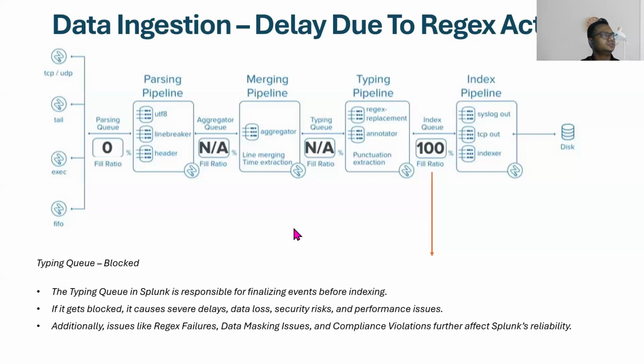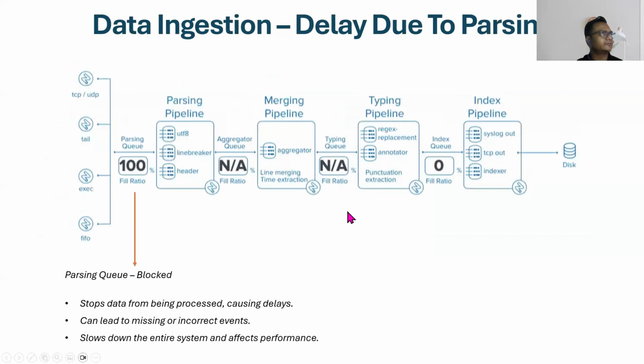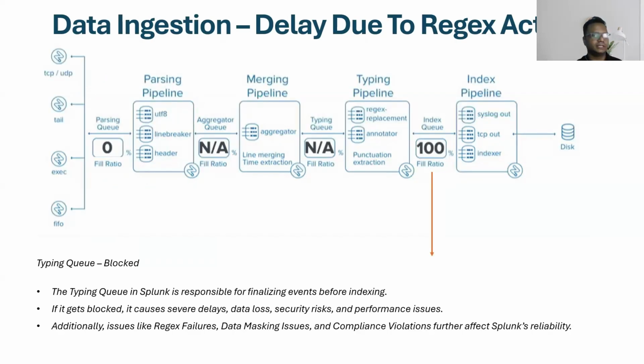Okay, so we are in the indexing delay. We have covered the parsing queue, parsing congestion delay, and there are also possibilities the data can be delayed due to regex activity. So we have something called the typing queue, and there we have the regex replacement. So what happens if we have